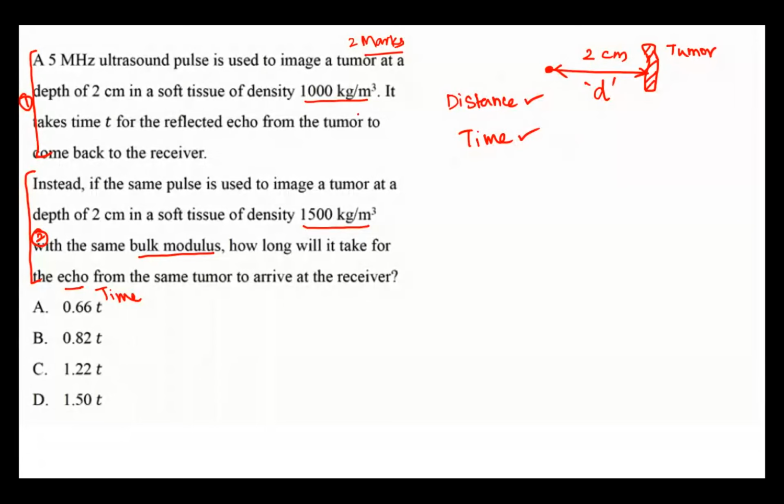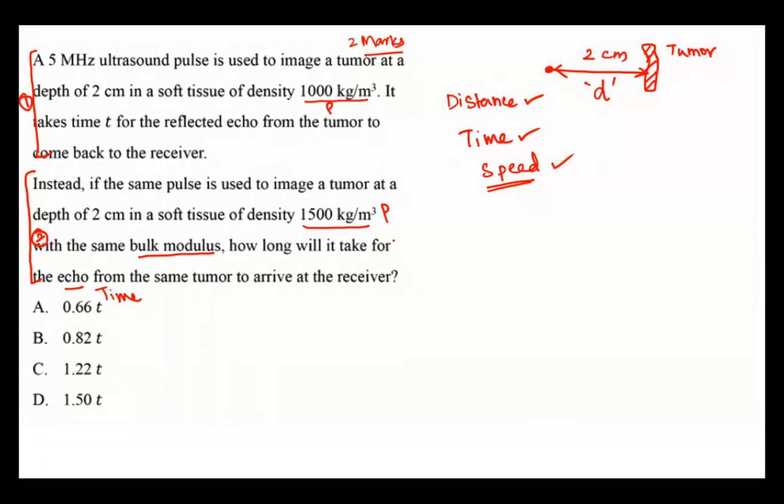Okay, and they have given the speed. Sorry, they have given the density. So with that we can find the speed, by using the formula for C. If you know distance and speed, it's very easy, right? So simple aptitude to solve. I know the distance, I want to find the time, so I only need the speed. They haven't given the speed directly, so instead they have given the density.